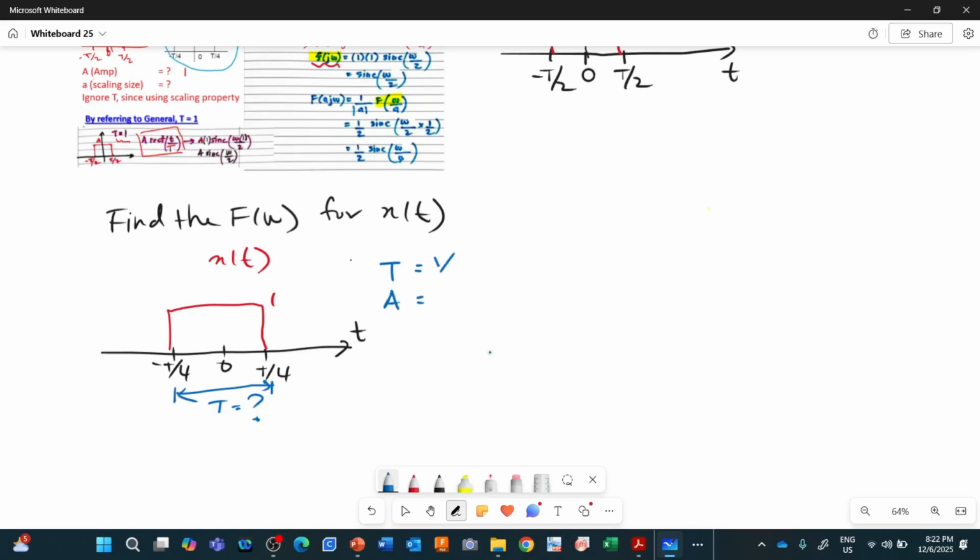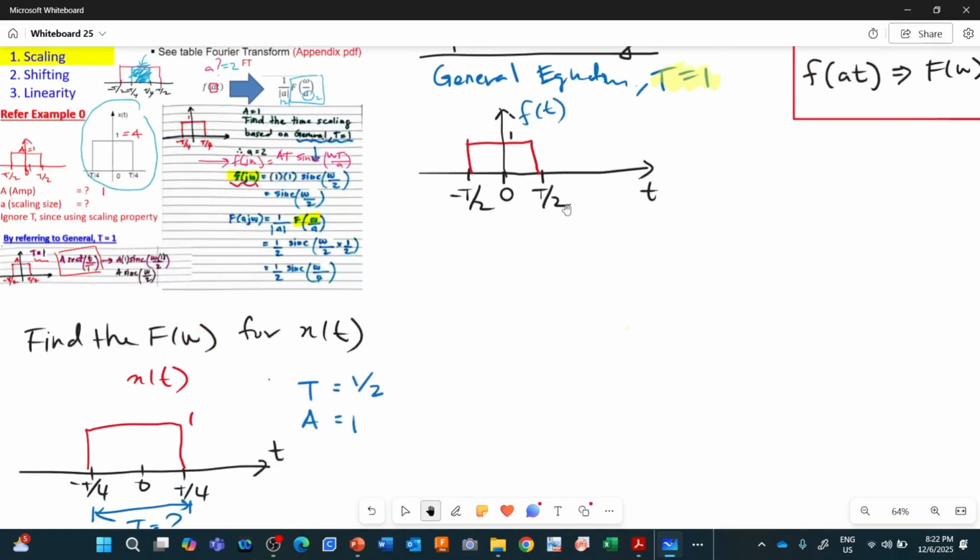So T is 1 over 2, a is 1. So what you want to do is compare with the general equation over here. Referring to the general equation on top, the period is 1 over 2, which is